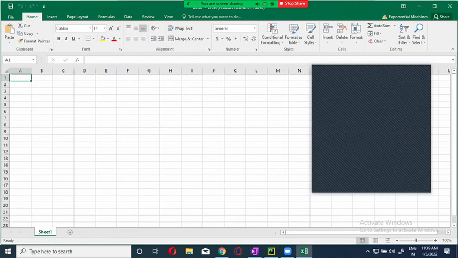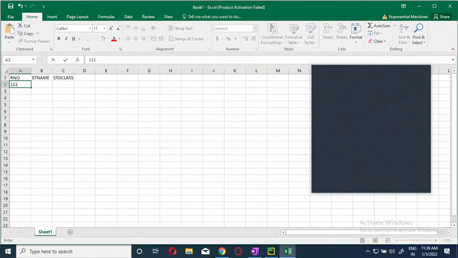You can get the data in the CSV file very easily. That's not a big deal. Now I will take roll number, student name, and student class, something like this. So when you get the data over here like this,